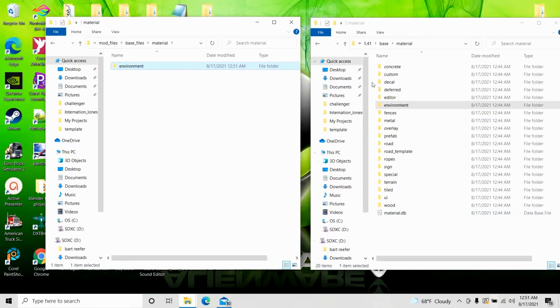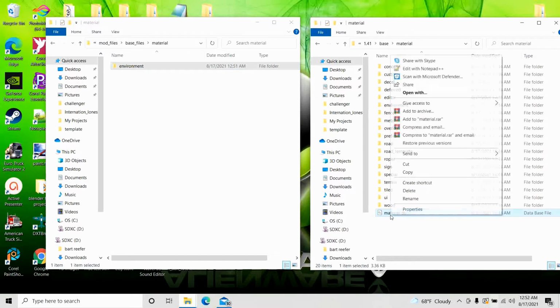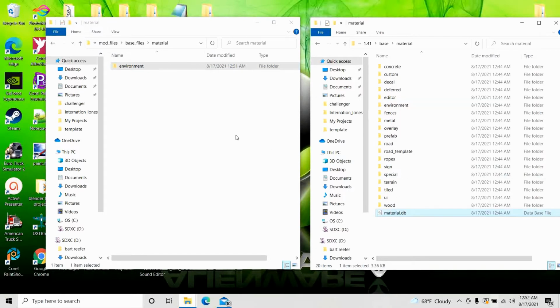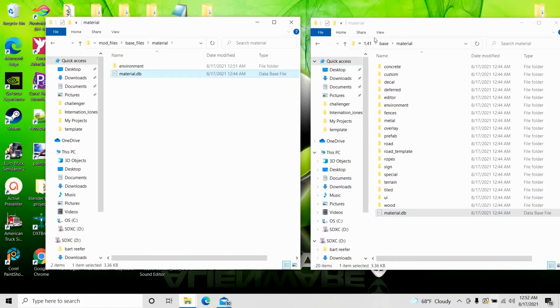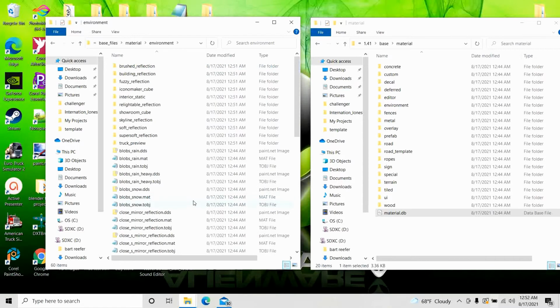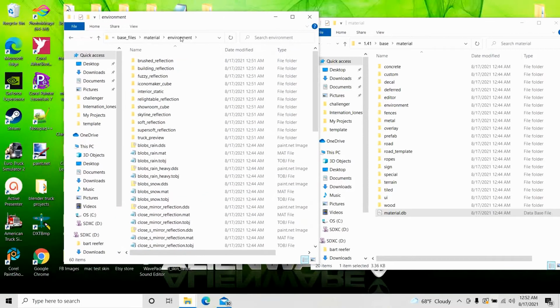Alright, and then this material database file, copy it over. Files in this environment will also cause you errors on exporting. So what I do, I just eliminate all unnecessary folders. So in this case,